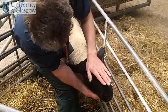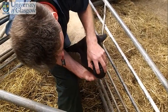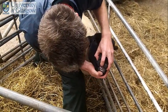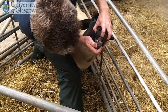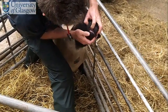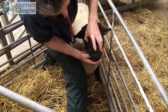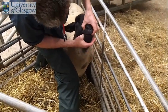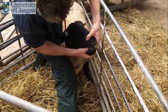What we do whenever we get to the head end is I normally start in the mouth. What I'm looking for is whether we've got a full mouth, which is 8 adult incisors, which we've got in this case. I'm looking for lesions on the dental pad. I'm looking to see that the tongue is moving as I would expect and is nice and soft with decent tone,